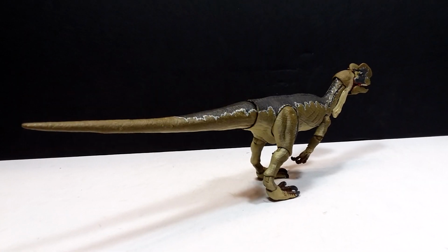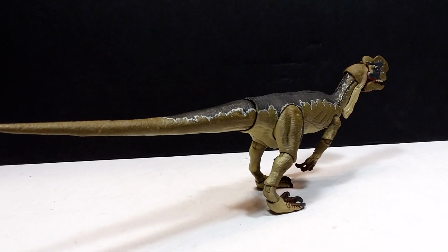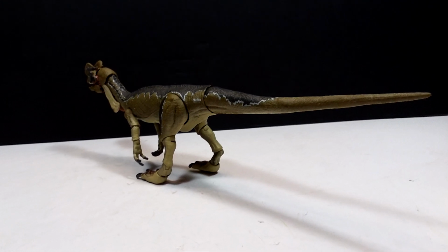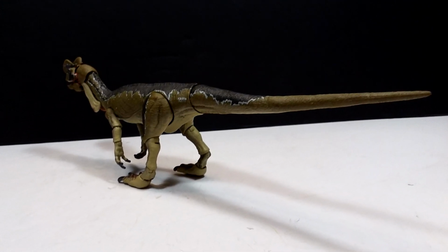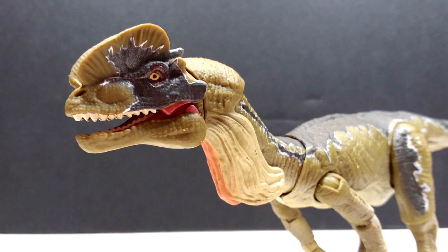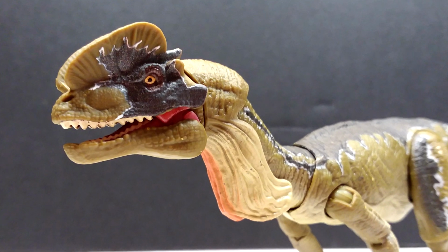I would absolutely love to see some larger species as well get the Amber Collection treatment, like, of course, a Carnotaurus. I would love, absolutely love, hint, hint, Mattel, please do that. I would be very thankful. Or even a Ceratosaurus. I would love an Amber Collection Ceratosaurus. Just a few off the top of my head that I personally would be over the moon excited to see,